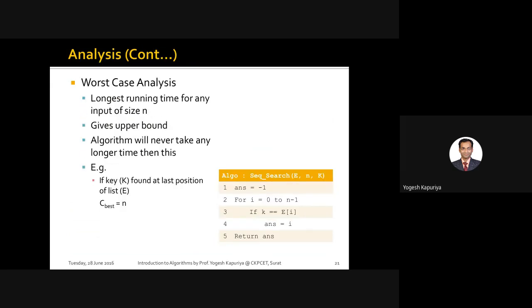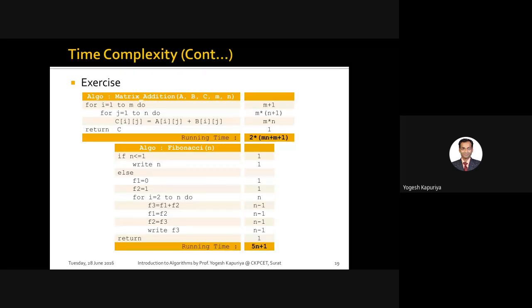Then I am not discussing this right now, but I assume that you will go through this matrix addition. You are given 2 matrices of same size and you are computing the third matrix. So A and B are 2 matrices of size m cross n. So you simply run this twice loop. Again, this will run m plus 1 times, this will run n plus 1 times, and this will run 1 time. So that's why it is m plus 1. Because it is inside this for loop, multiplied by m, finally you will get this.